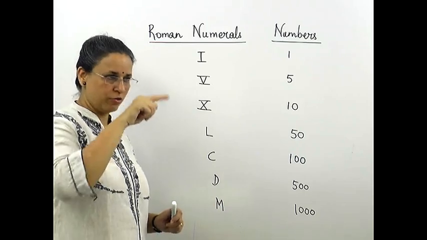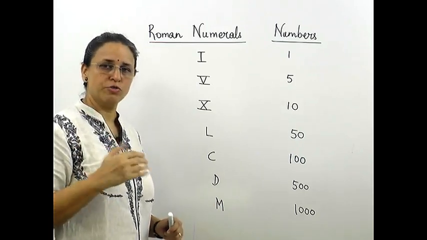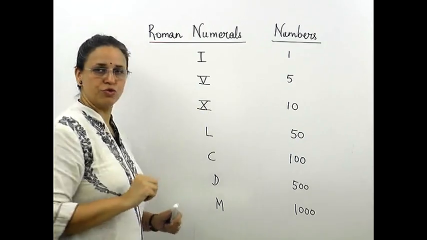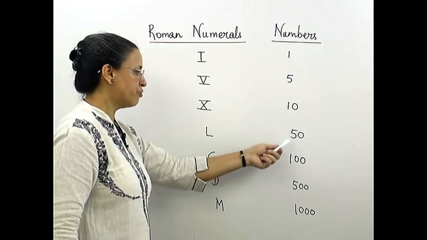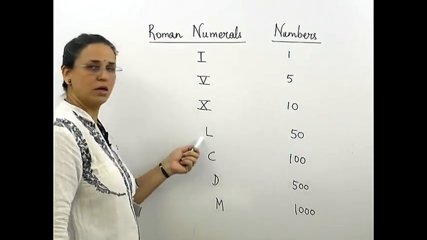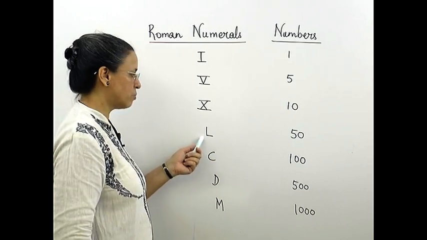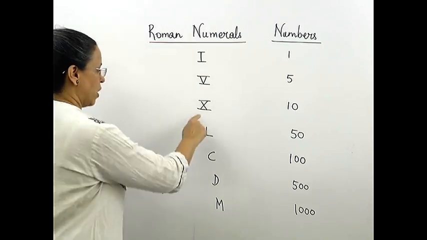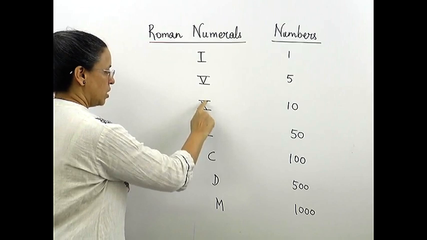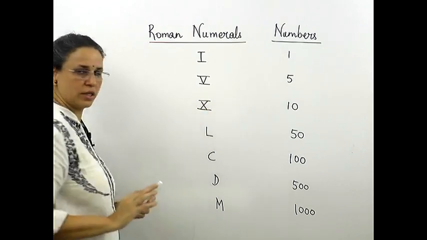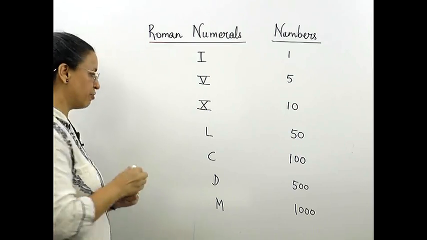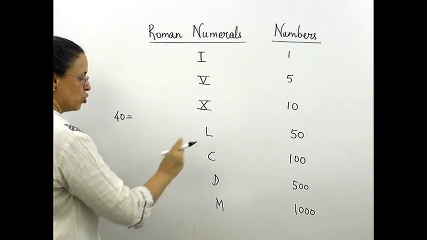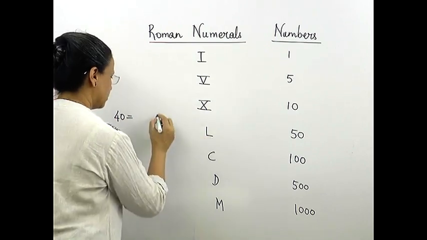We don't write 5 and 5 makes 10 because for 10 we have another number and that is the letter X. X is used for number 10. For number 50, we have the letter L. So this will give us number 50. अभी आपको रूल के मुताबिक बताया था कि 3 बार सिर्फ आप ये लिख सकते हैं. यानी 30 तक 3 बार ऐसे लिखेंगे तो वो 30 हो जाता था. तो 40 आप कैसे लिखेंगे फिर? तो आपको अगर 40 लिखना हो in Roman letters, we have to know 50 को L लिखते हैं.